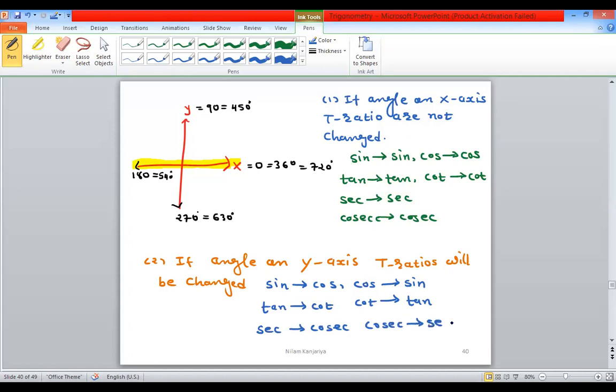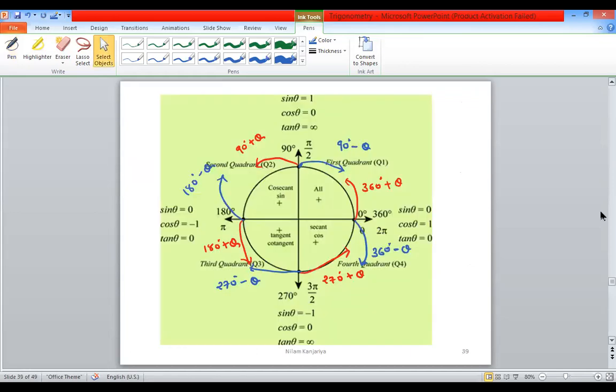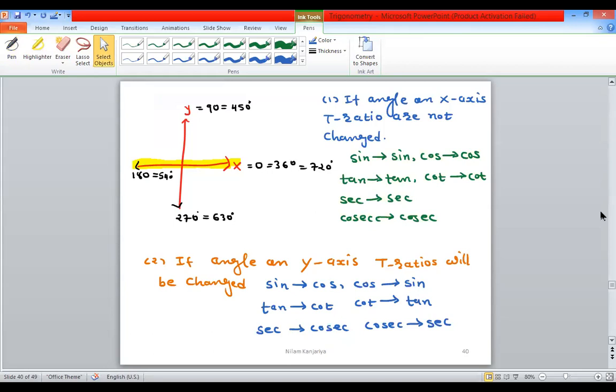So students, please remember this thing, this unit circle is very important. I discussed it in the theoretical part, so all the branches know it very well. What you need to remember: first of all the quadrants, first, second, third, fourth, and where your theta lies. Second, in this quadrant, which trigonometric functions are positive, which are negative, and on which axis your theta lies. So these are the only 3 steps to remember for the question.